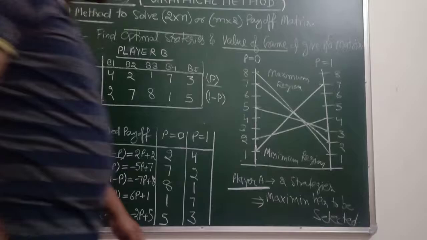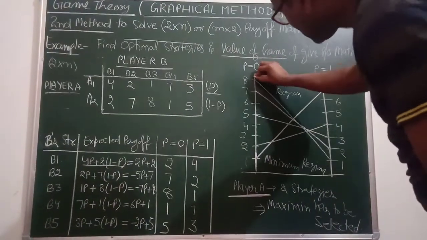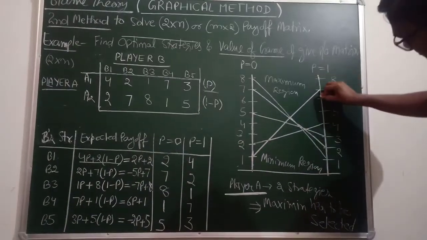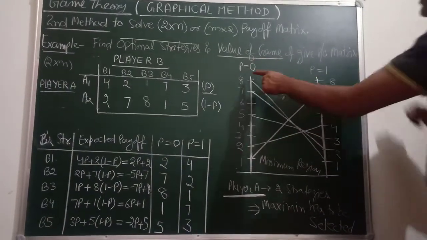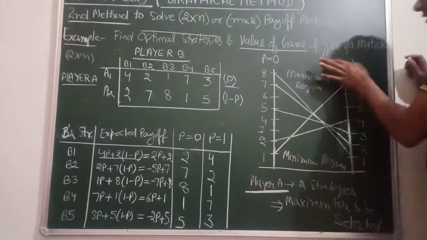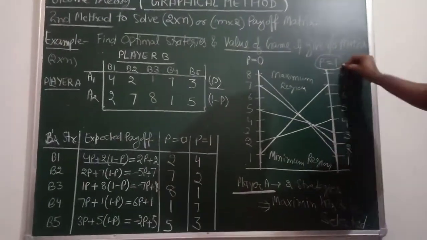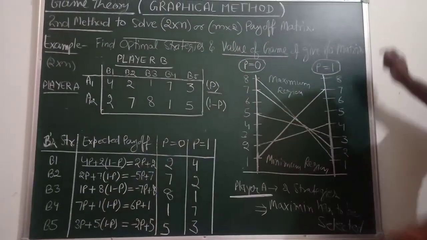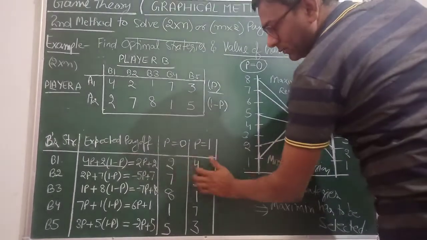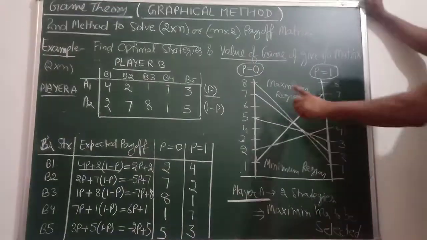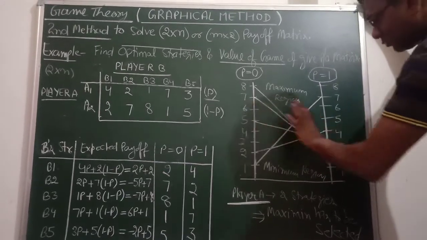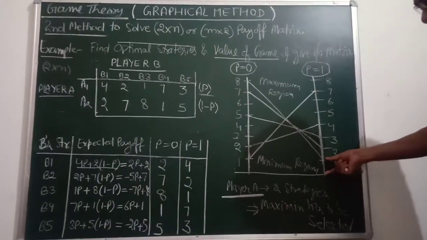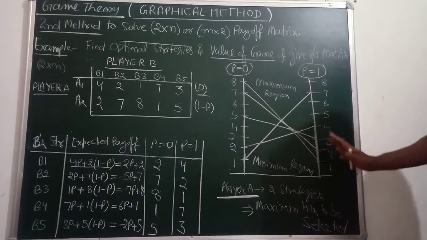Okay, so let us draw two parallel lines. First, and this is the second line which is parallel to P1. On one line we are showing P is equal to 0 and on another line we are showing the probability is 1. Now we have to mark up to the maximum value in any of the two columns, and we have to make the scales of both the lines equal. Suppose this is 1 centimeter, then you have to make this also 1 centimeter, means scaling on both the lines must be equal.